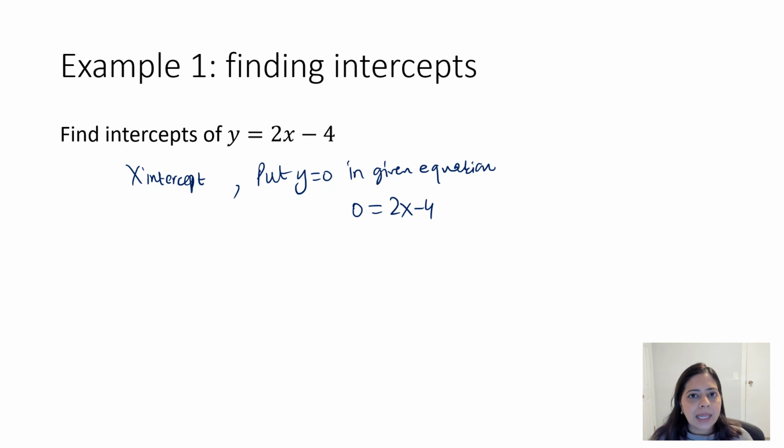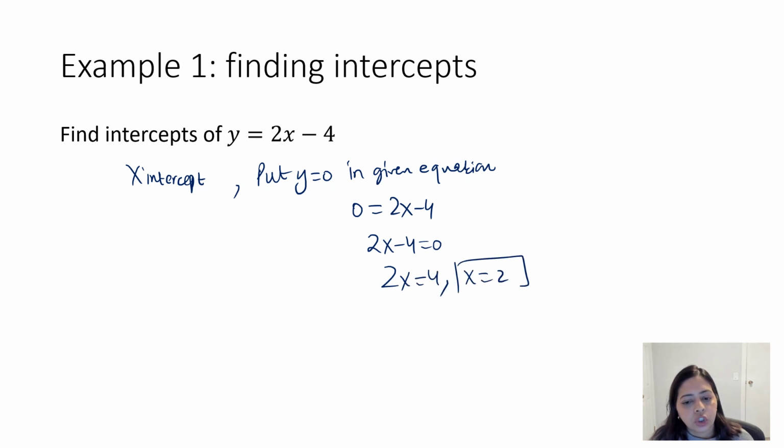So this will bring you to an equation only in one variable, and you had learnt in the past how to solve equations. So you can solve this one because this is a linear equation, very easy to solve. So 2x minus 4 equals to 0 gives you 2x equals to 4, x equals to 2. So x equals to 2 is the x value. So 2 comma 0 is the